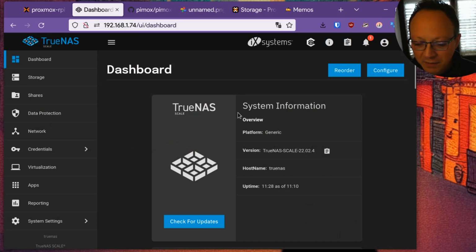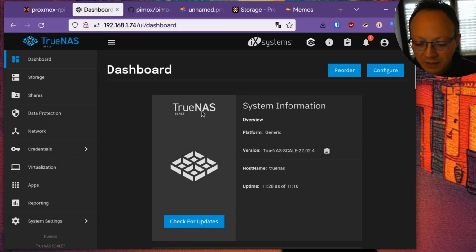Hi everyone, in this video we'll do a comparison between two Linux OS optimized for servers. They both are hypervisor OS, so you can manage containers or virtual machines inside this kind of operating system. And the main reason to use this kind of Linux operating system is to have fast snapshots, backups, and many other advanced features.